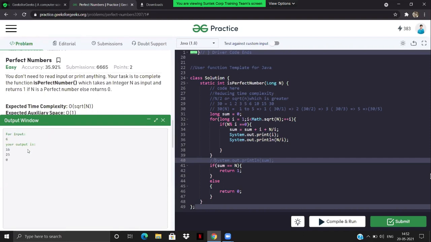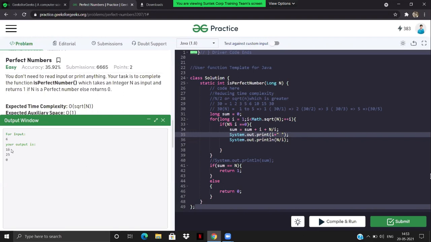Correct. So if you see, maybe we can give one more space over here as well, just to give a clear picture, right? Okay, so the sums are 1 and 6 I am adding, right? The second number is going to be the 2, 1, 2, right? And 1 is with respect to the 6, then 2 with respect to the 3, and I am adding all these numbers, that's why the sum is getting 12, right?